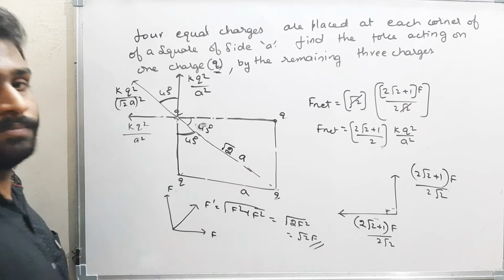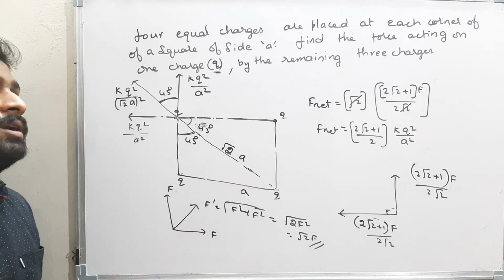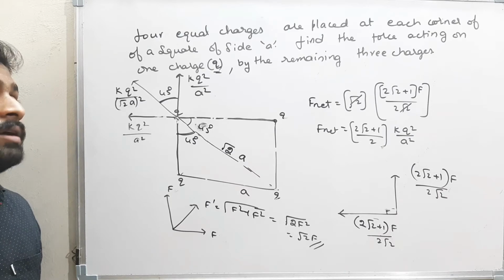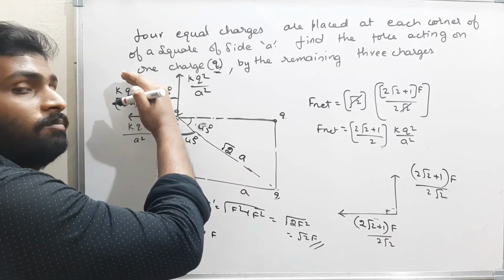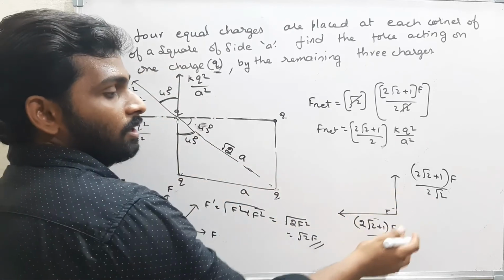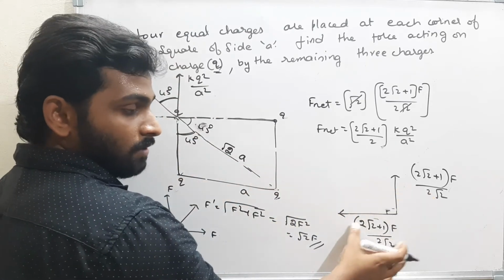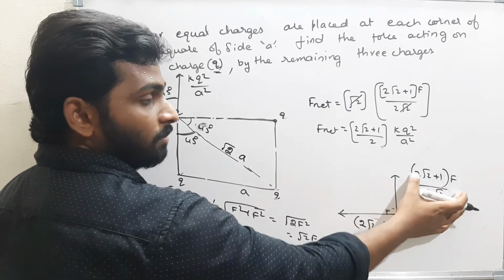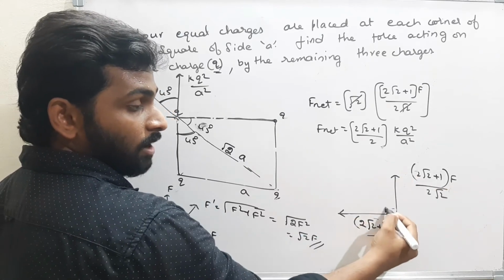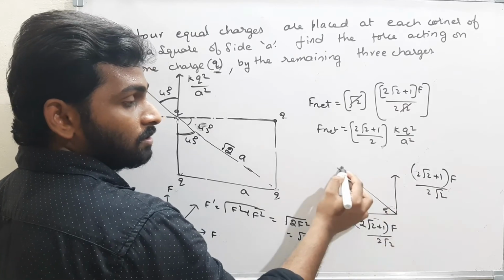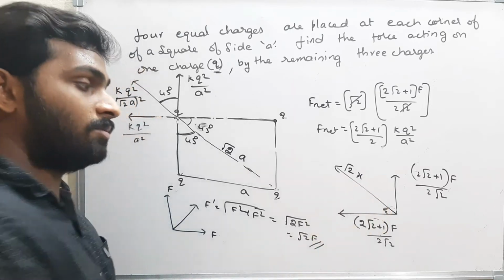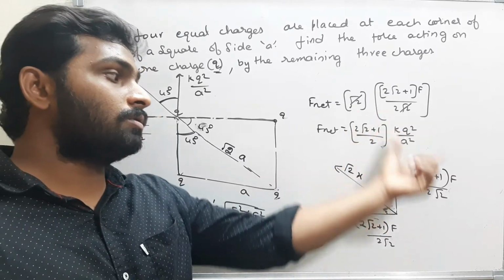Observe carefully. What I did, observe carefully. I think that is clear. I resolved this component F bar into two components, and when I divide into two components, I will get like this. Now, this is F, this is some x, and this is also some x. Both are same. If both are making an angle of 90 degrees, the resultant force is root 2 x. The same thing I did. The net force is root 2 into F.